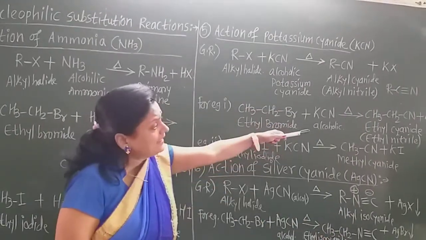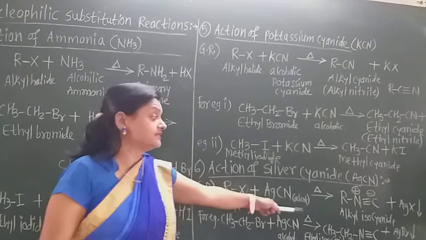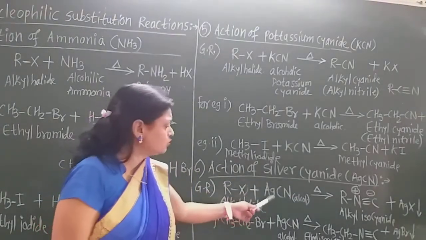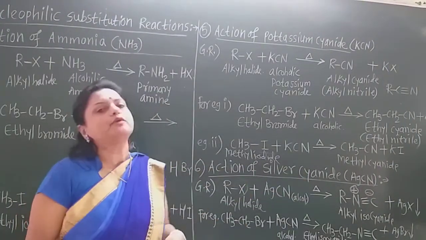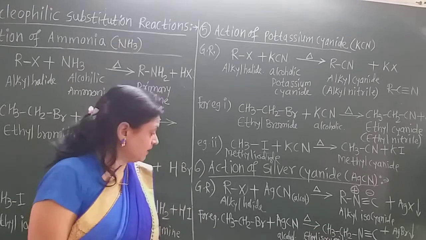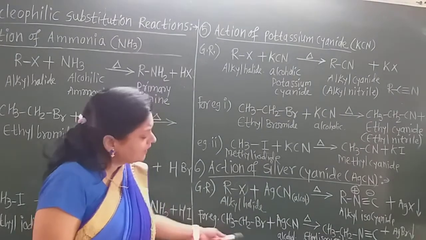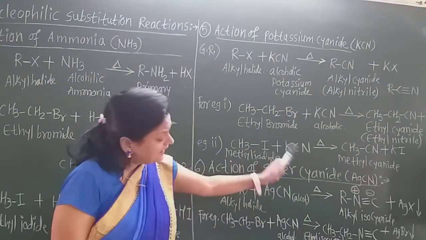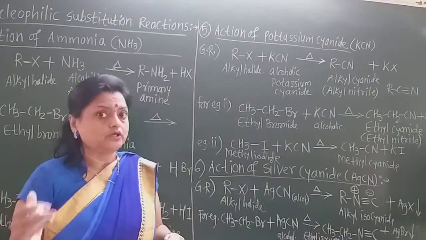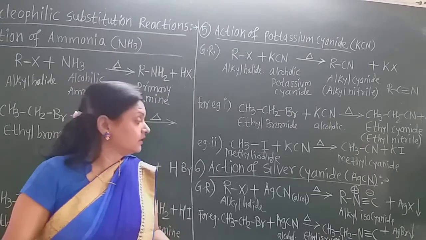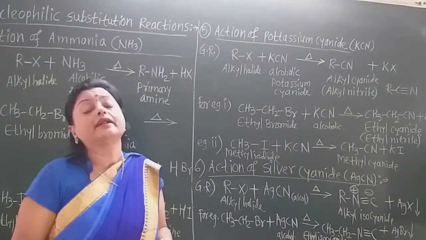These are only alkyl cyanide, where CN gets attached. Here NC gets attached. Therefore this is alkyl isocyanide. And there is also formation of silver halide, which precipitates out, because silver halides are always in the form of precipitate. Again, the example is ethyl bromide. We take any alkyl halide here also, and with alcoholic silver cyanide there is formation of ethyl isocyanide. Give the name as iso, ethyl isocyanide, not only ethyl cyanide, because N is first and then carbon is there. And there is formation of AgBr as the precipitate.